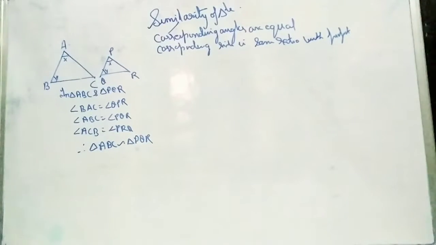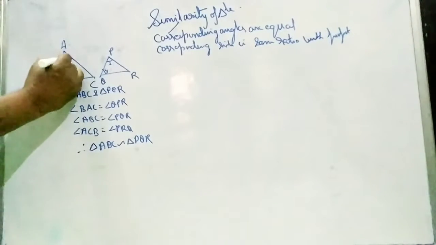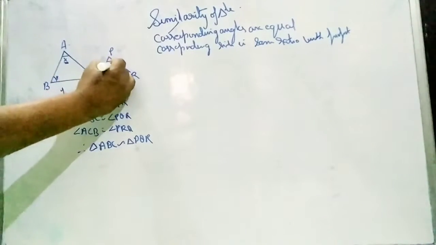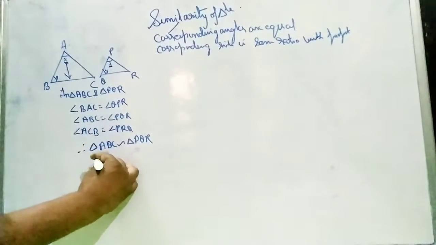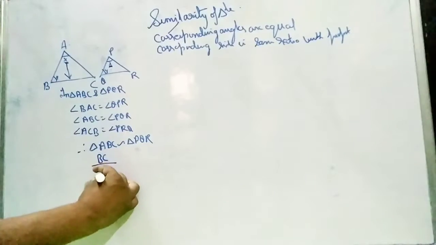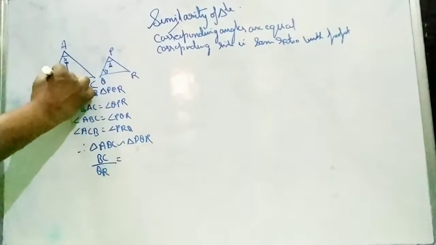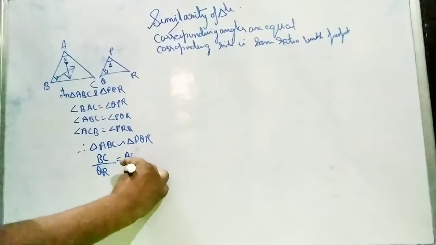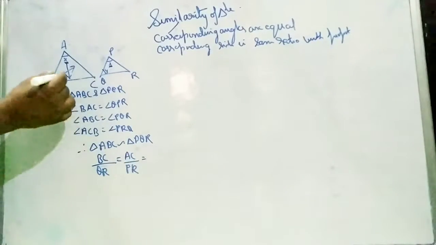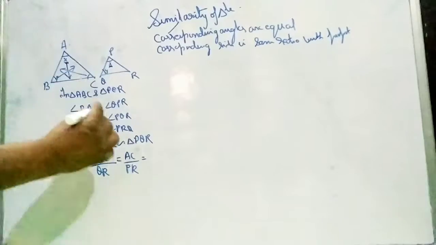When we have proved that they are similar, then their sides will be in the same proportion. How? That depends upon the angle. Angle X is equal to the side opposite to them, that is BC upon QR, which will be equal to, in front of this Y, AC upon PR, which is equal to, in front of this angle, AB